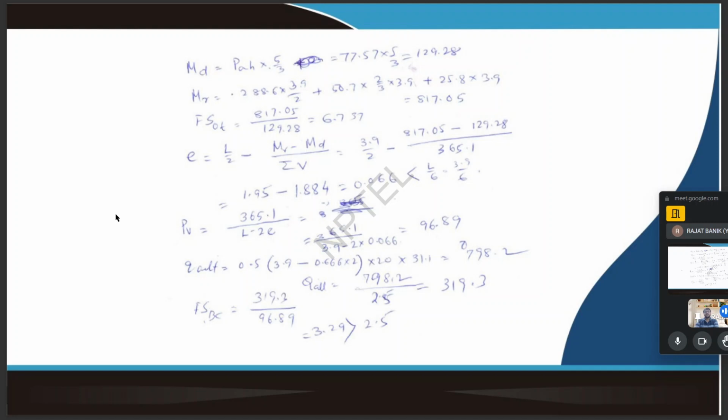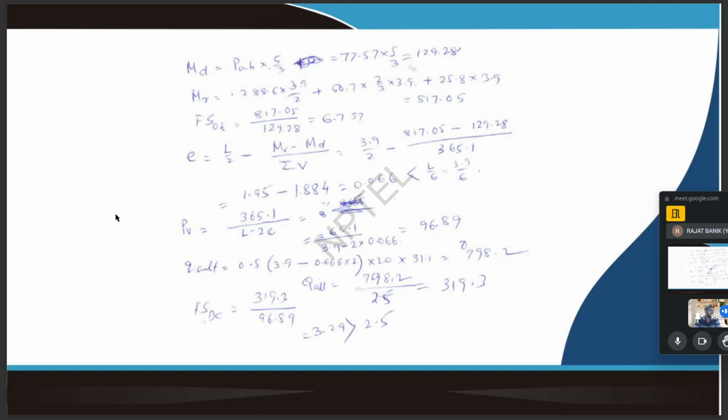For this, we use the formula L by 2 minus, M R minus M D, that means resisting moment minus overturning moment, whole divided by the summation of the vertical force. And this eccentricity should be less than L by 6